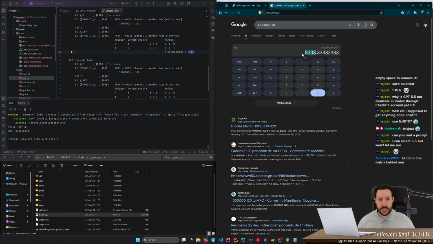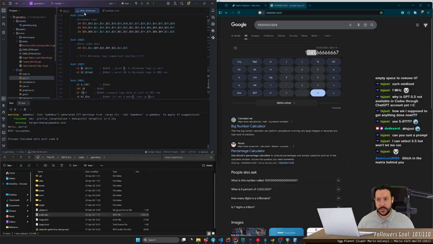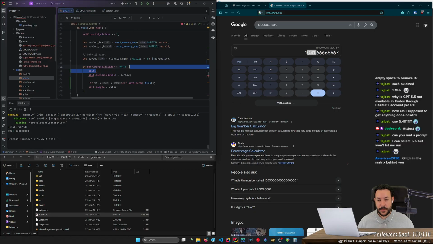It should mean that each second I should be moving on my wave 8,000 times, which if I divide by 8 is 1,041, which is probably the frequency or something. It's freaking weird.